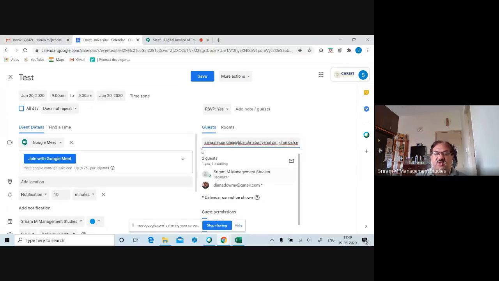If I put save, then you'll be able to view all of these. In fact, I'll not send it. Because I've already sent it and only edited it, there is a chance it will go to the entire student list again. So I'm not doing that. So this is how you actually do it for multiple students.